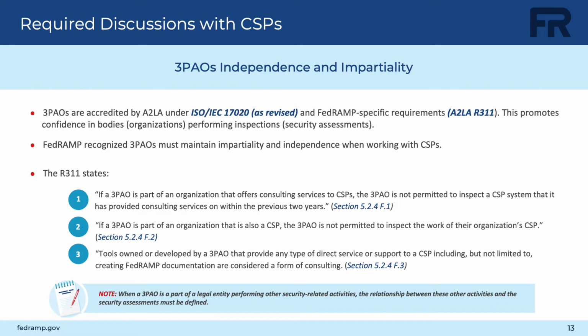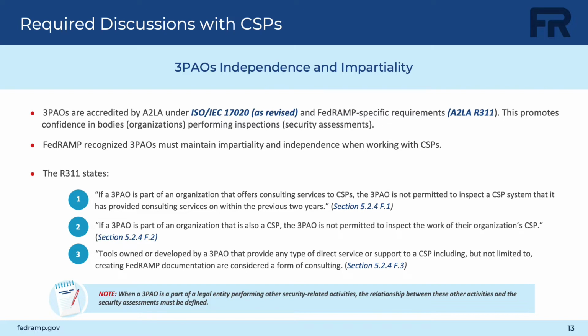Throughout the readiness assessment process, a 3PAO is required to remain impartial and independent when working with CSPs. This should be clearly communicated to the CSP. The 3PAO can reference R311 specific requirements for more information, but here we highlight 3 key sections to support this